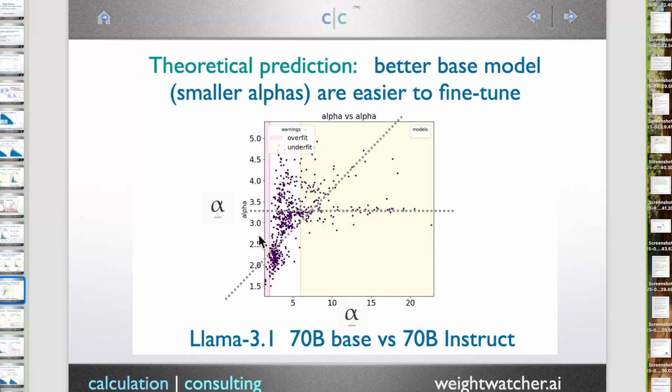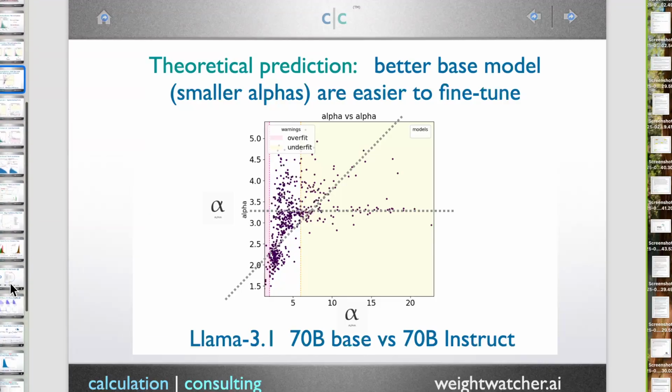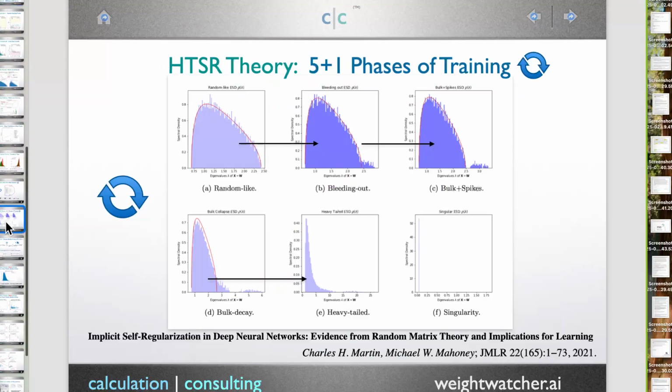The problem with putting it into the loss, there are several issues with this. First of all, the alpha is only good near convergence. If you're early in the stages, in the HCSR theory, you have a fixed point relation which is governing convergence. In early stages of training, you might be in one of these regions where you can't get a good alpha fit. But I think the more important thing is that alpha is a layer quality metric.